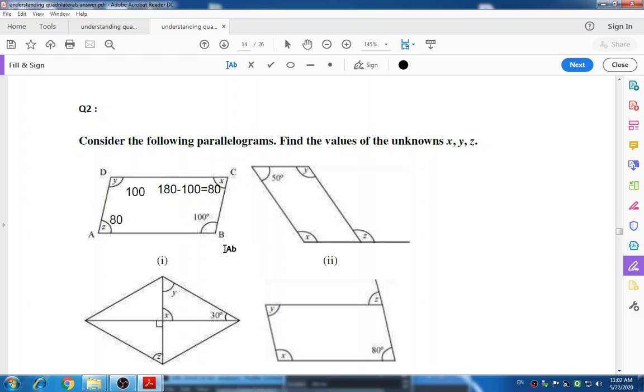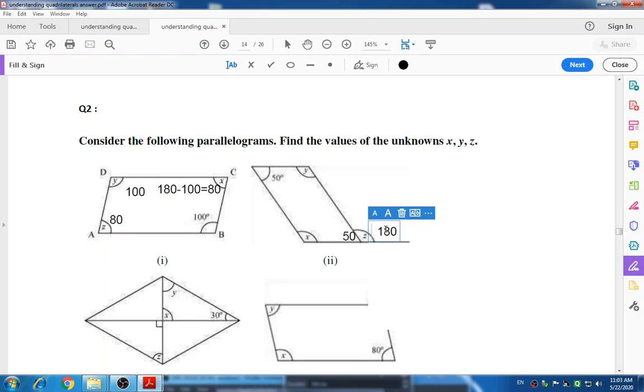As like that you have to solve these examples. Now we will see again here. This is the second figure, and we have to find out the measures of angles X, Y and Z. Look at here, this is 50 and the opposite angle, which is equal in measure, is also 50 degrees. So this 50 and Z are a linear pair. To find the measure of Z, we have to subtract 50 from 180. So we will get 130 degrees.